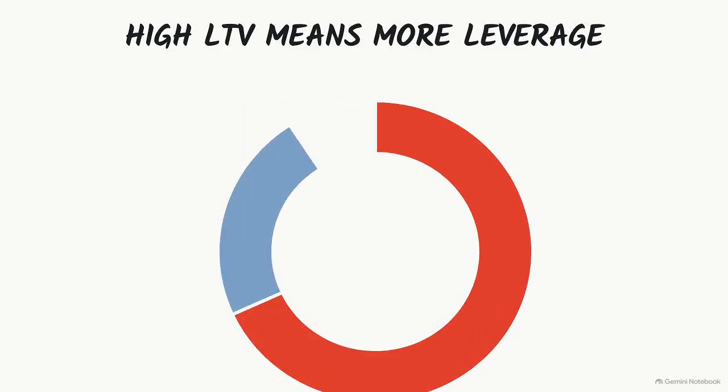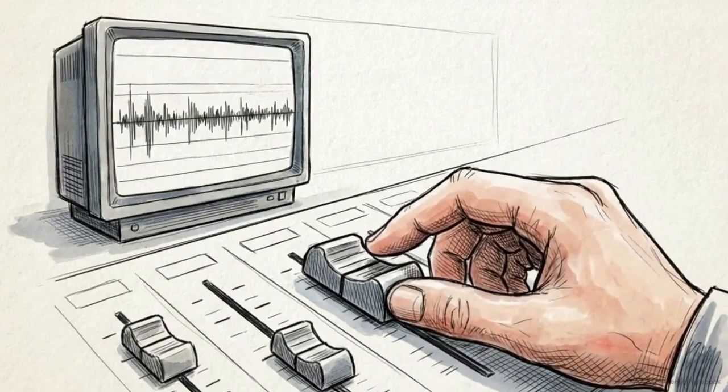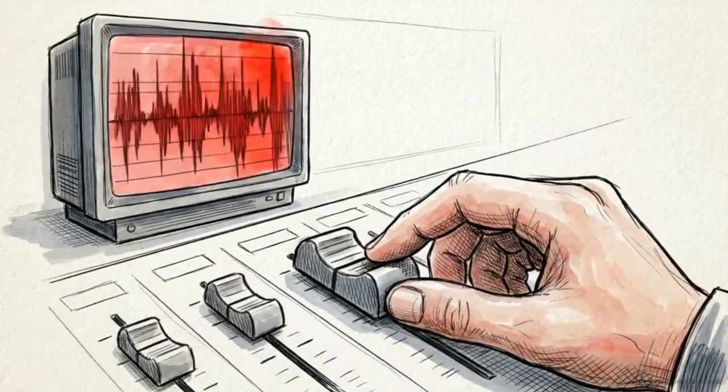It means using borrowed capital to control a real estate asset. The primary metric for measuring how much of that property is financed versus owned outright is the loan-to-value ratio, or LTV. A smaller down payment produces a higher LTV, and a higher LTV inherently means the investor is utilizing more leverage. The underlying truth here is that debt is neither inherently good nor bad. It is a mathematical amplifier that changes the size, the timing, and the risk of an investment's returns.